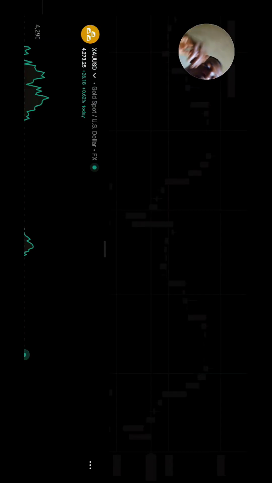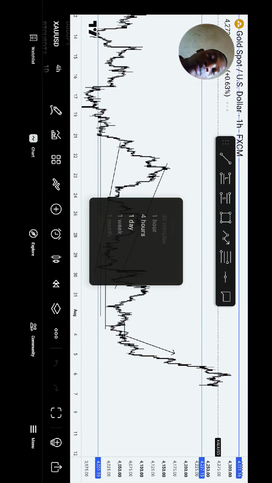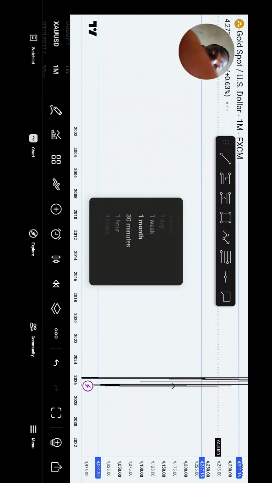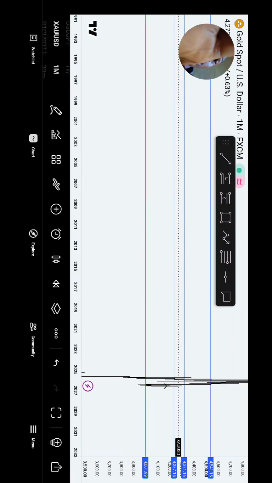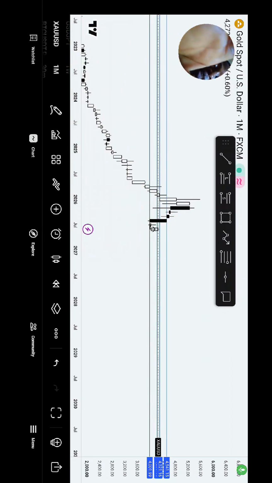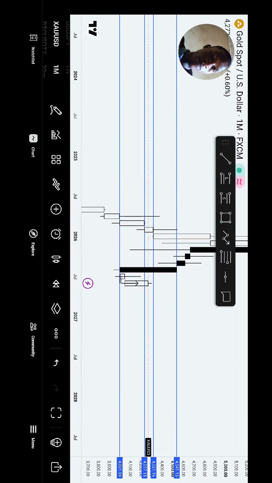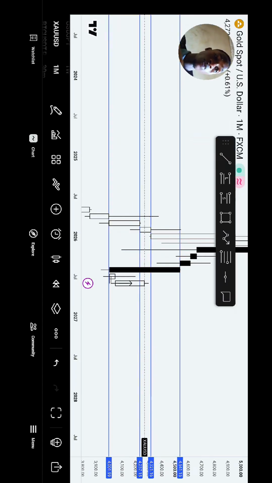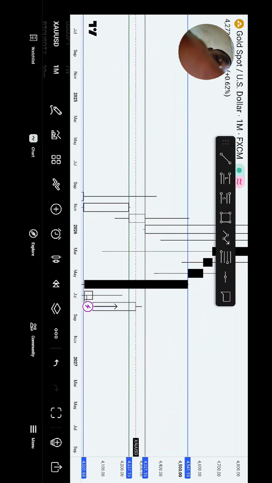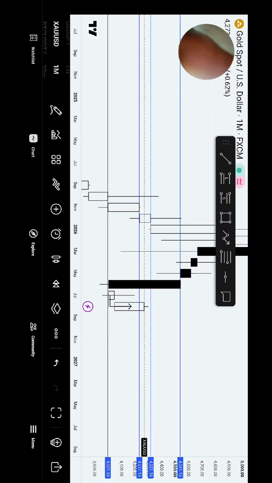If you are familiar with my analysis video, you will see that I always start my analysis for a new week right from the monthly time frame. And what's the reason behind this? I don't have anything to do with the monthly time frame rather than marking out my strong POI key